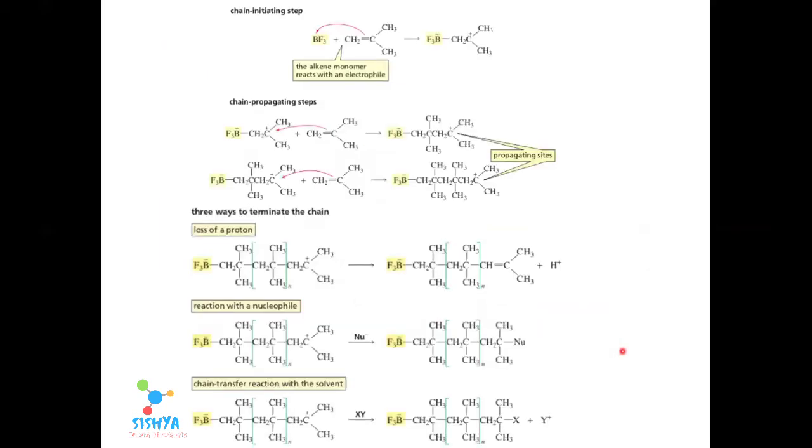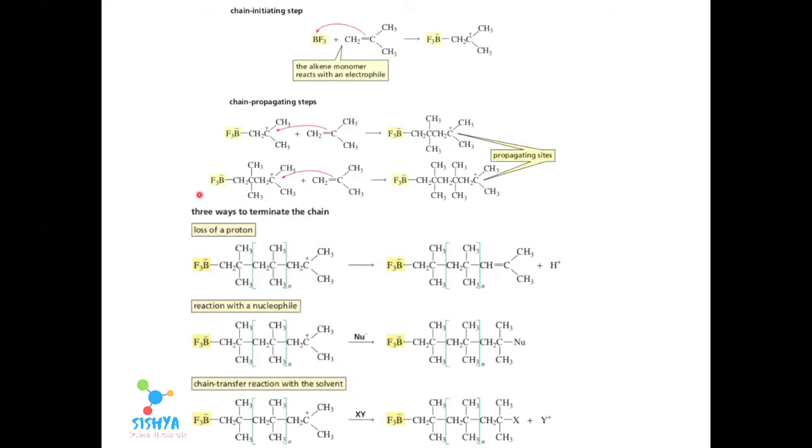So I can show it in another way also. Here it is the same initiating step where the Lewis acid reacts with an alkene part to form a carbocation. The carbocation again reacts with another monomer unit to form another one, and similarly it will be propagating one by one. On that propagation's way, it will lead to a huge number of carbon chains, which can be